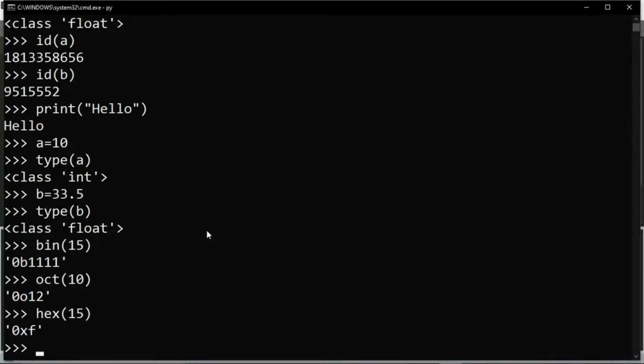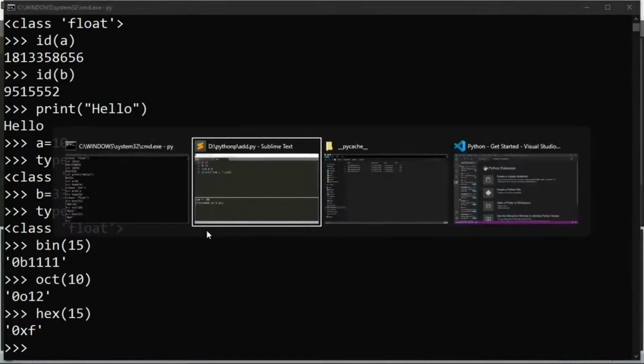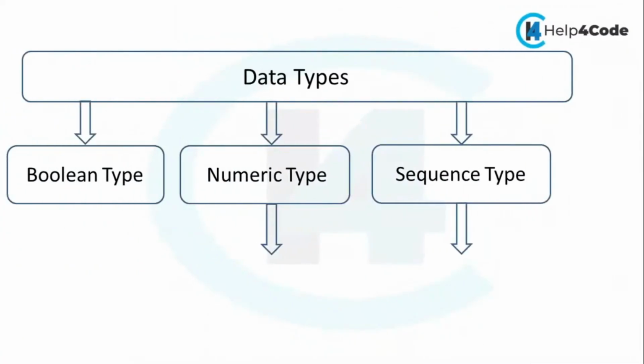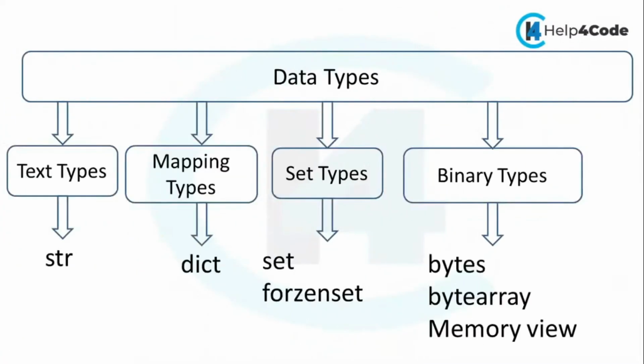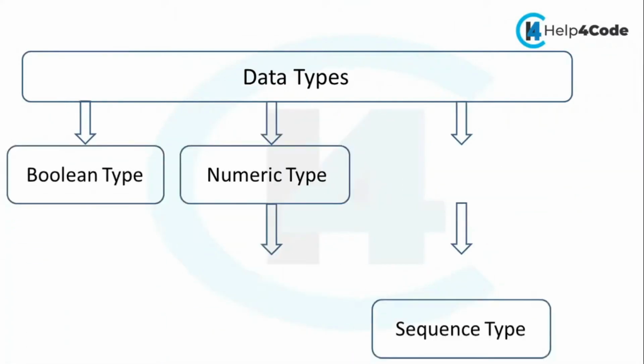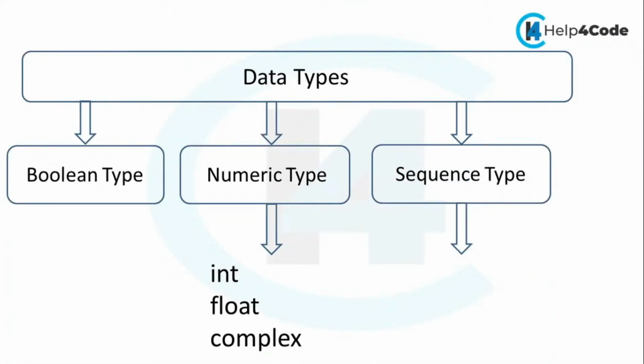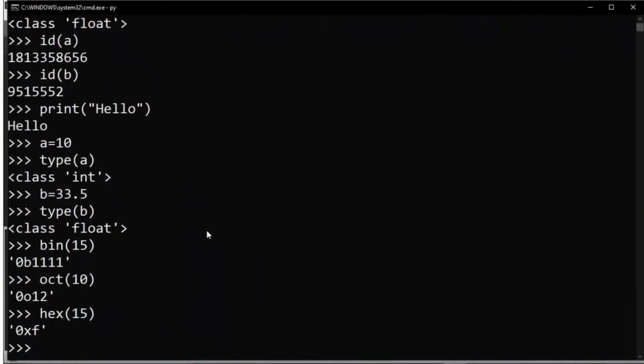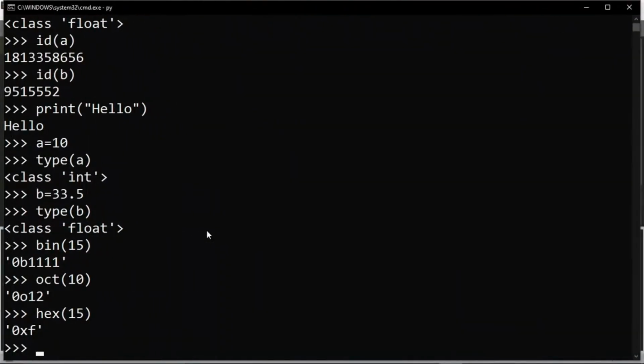Then we have the complex data type. We have already discussed what is meant by data types, and we have complex data types. So let's discuss the complex data type. What is meant by complex data? Complex means a complex number system. Suppose I have a number like a plus bj, this is a complex number. So a is the real part and b is the imaginary part. If you want to store this type of values, we have the complex data type here.